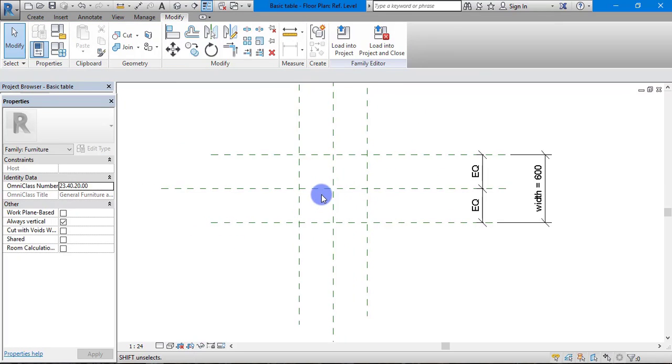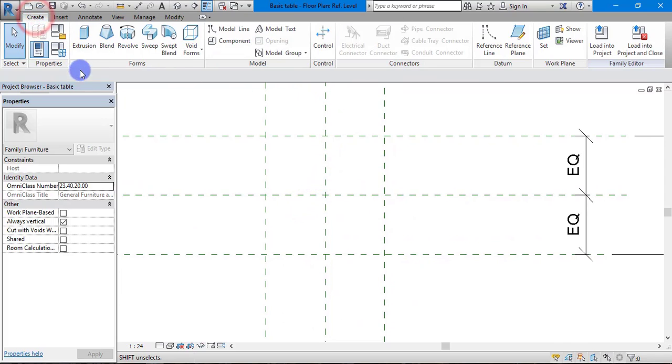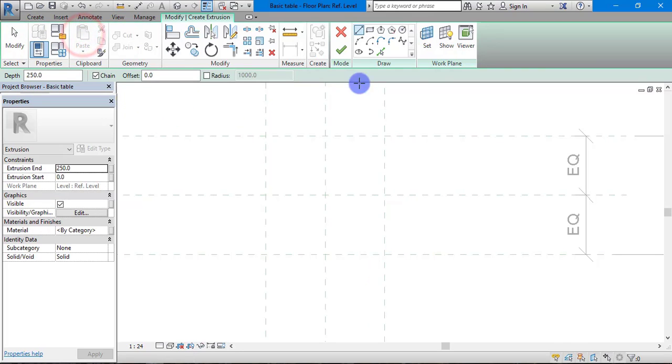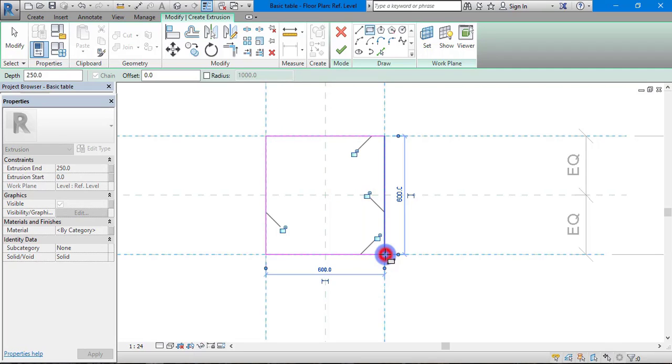Okay, so what we can do now is put in our outline of our solid geometry for our tabletop. So go to create, hit extrusion, and click this rectangular. There are two ways we can do this. We can either click on one edge and bring it down to the other and then hit all our padlocks,